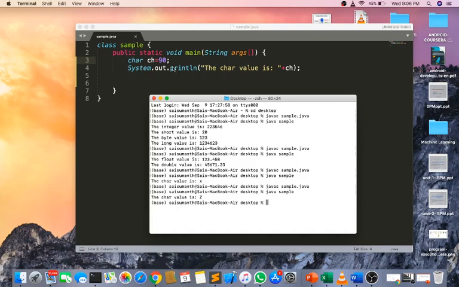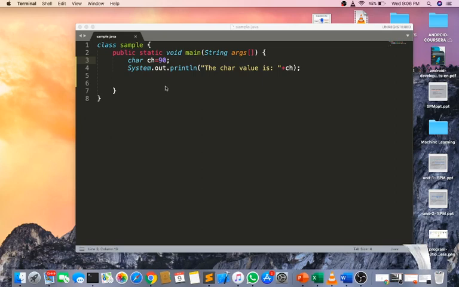When you give numerical values, it knows the value is the ASCII value for a particular alphabet, and it prints that character.